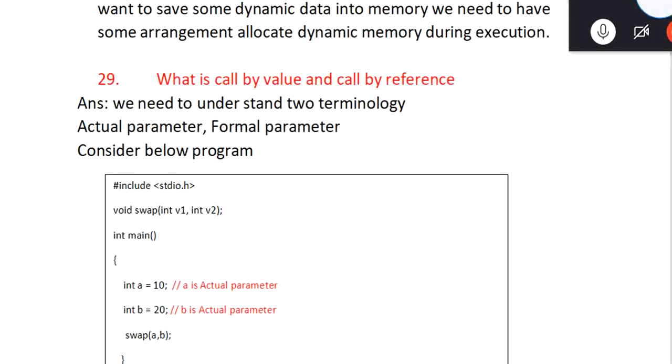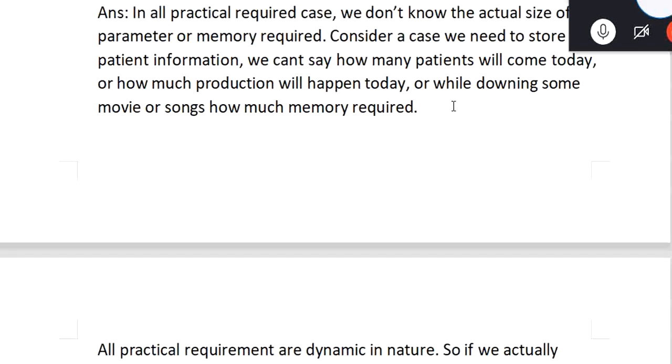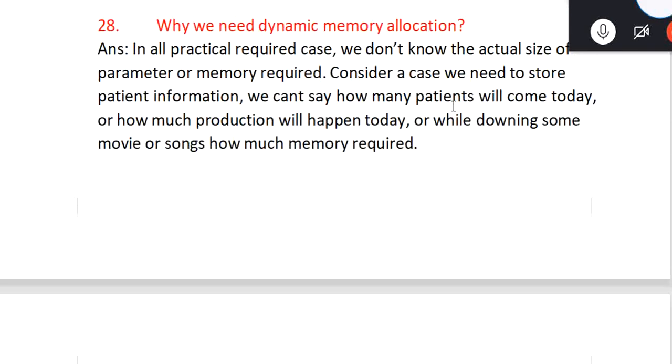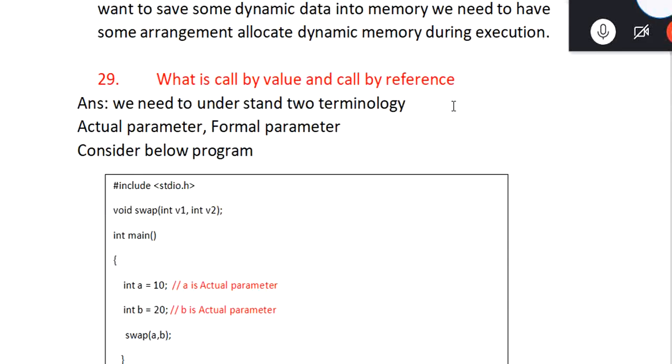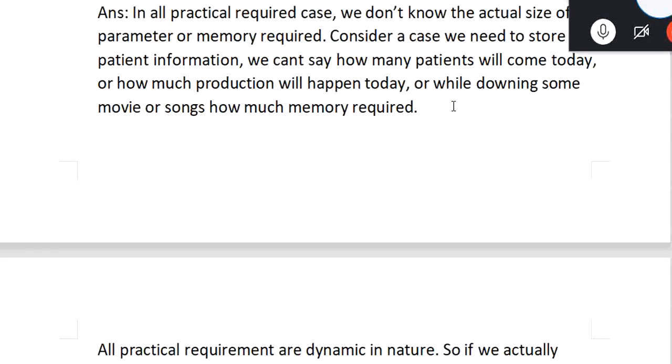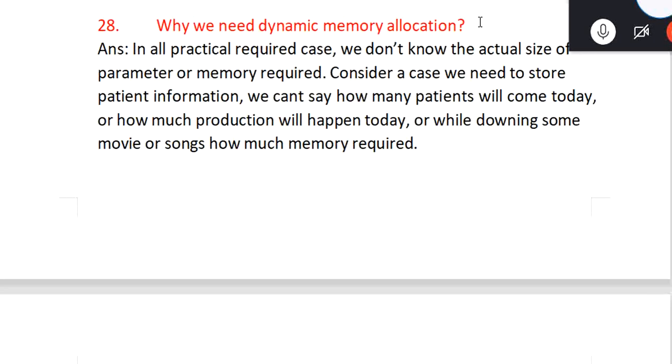Okay, so we start from yesterday's class. Yesterday we were seeing why we need dynamic memory allocation. That question we had seen, but I'll repeat one more time. We already discussed in detail why we need dynamic memory allocation. All practical requirements are where we don't know the actual size. If we don't know the actual size, then we need some arrangement to